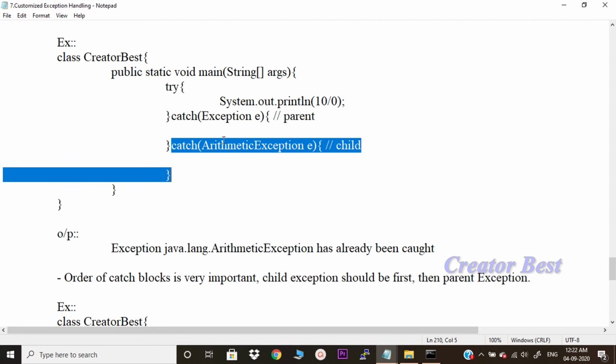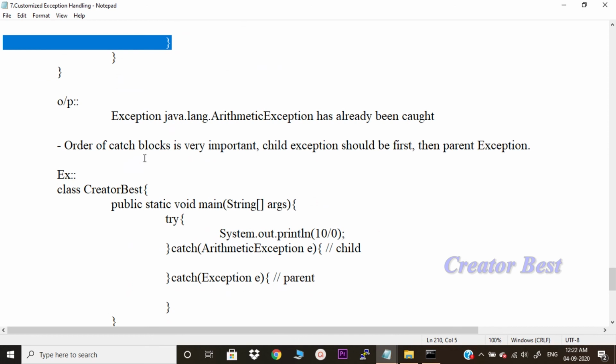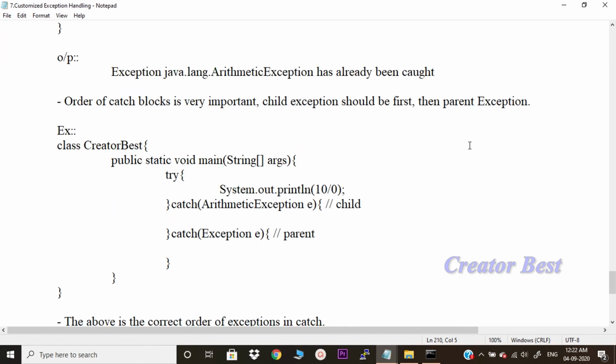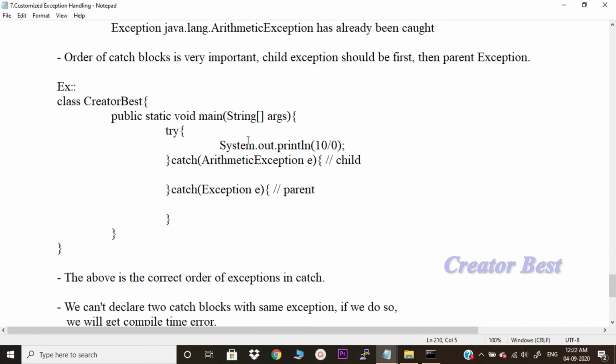Child class should be first, parent should be last. See, order of catch blocks is very important. Child exception should be first, then parent exception. For example, I have taken this program System.out.println 10 by 0, it is causing an arithmetic exception.